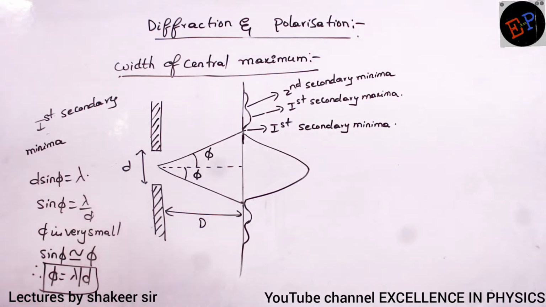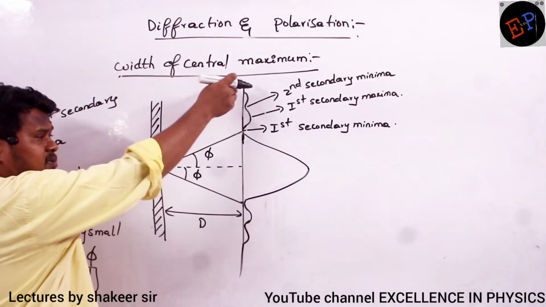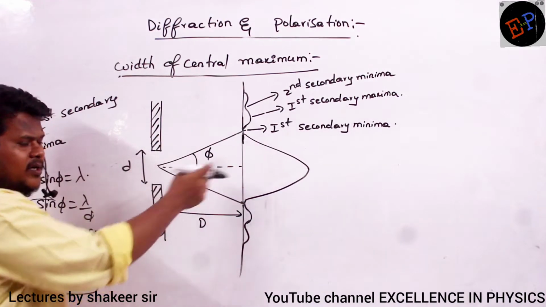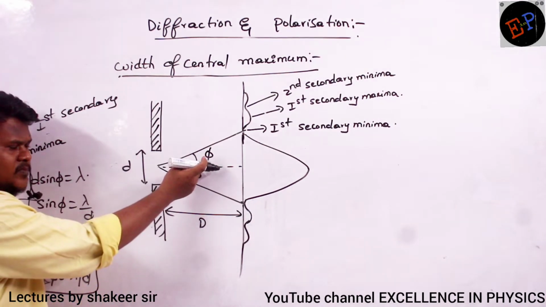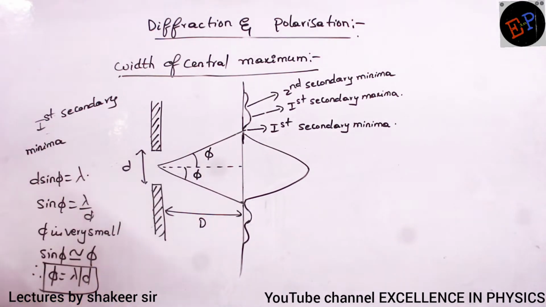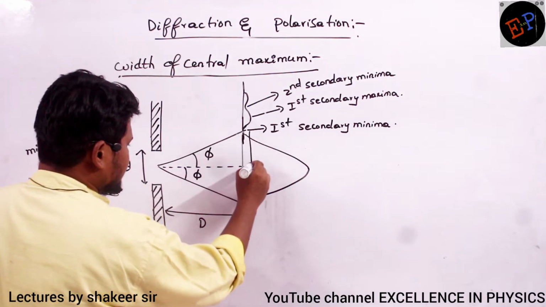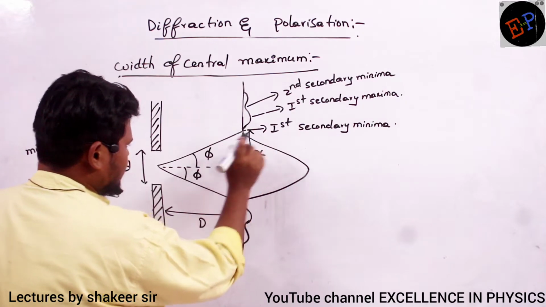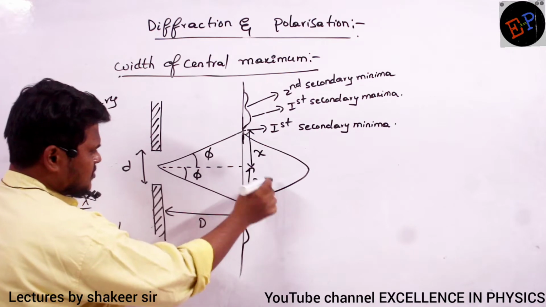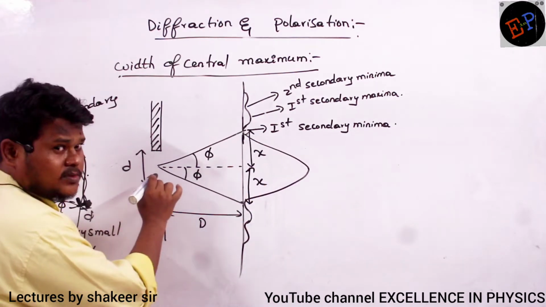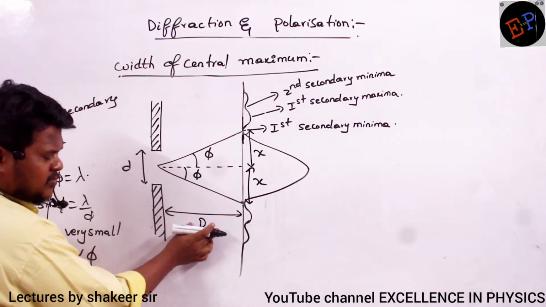See, these fringe widths will be very small. In comparison to the remaining fringes, the central one is very large, but if you take it on a screen, it is very small. So this angle phi is very small, so instead of sin phi, you can take just phi only. Are you able to understand? Similarly, if this distance I consider x, then this distance also will be x only, no? x. Now what is this distance? This distance is d, no? Very good.